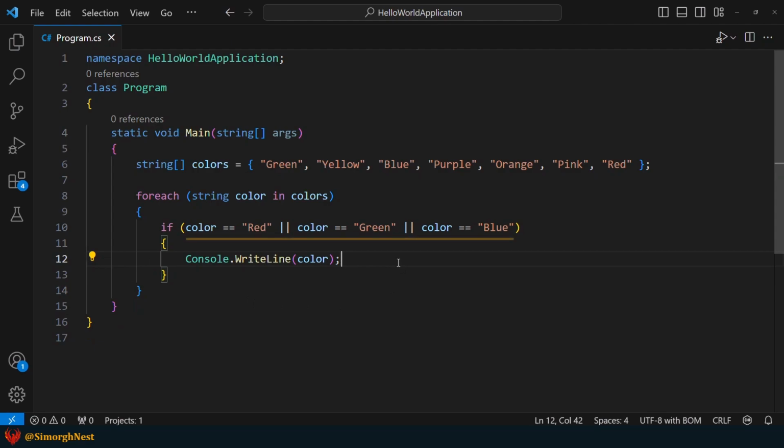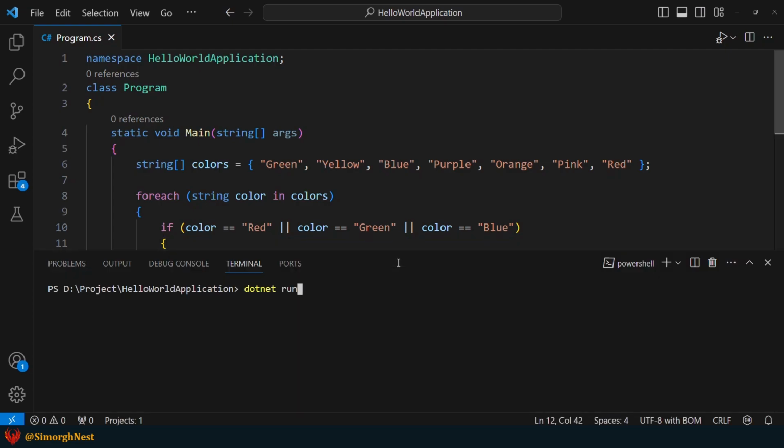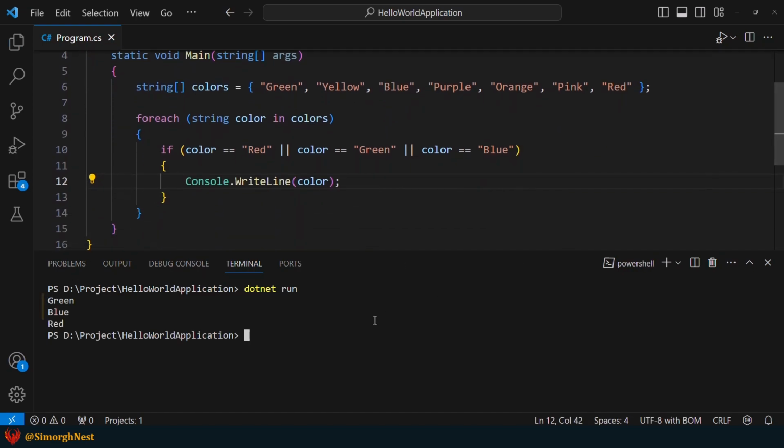Okay, whenever this condition evaluates to true, we display the color in the terminal. Let's run the application once more. As you can see, this time we get the primary colors.